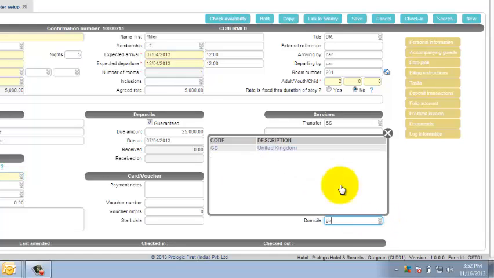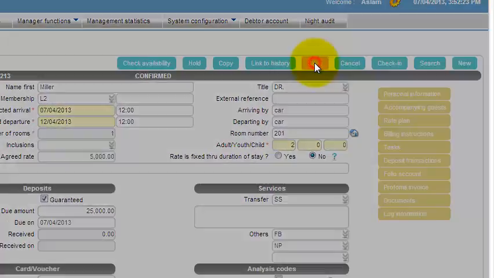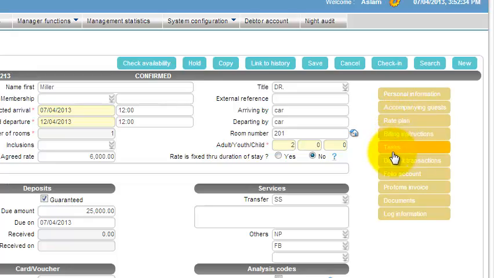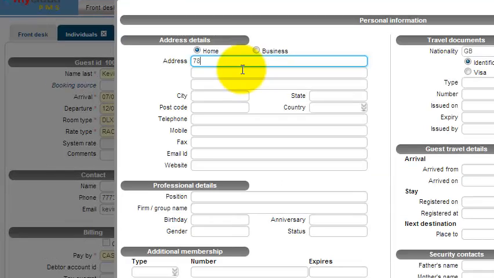You have all the details here. You can enter the domicile. When the save button is clicked, the reservation is confirmed, and here all the additional details of